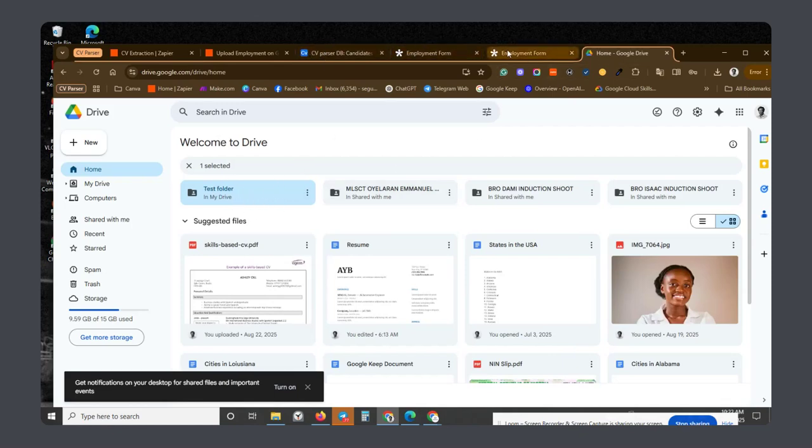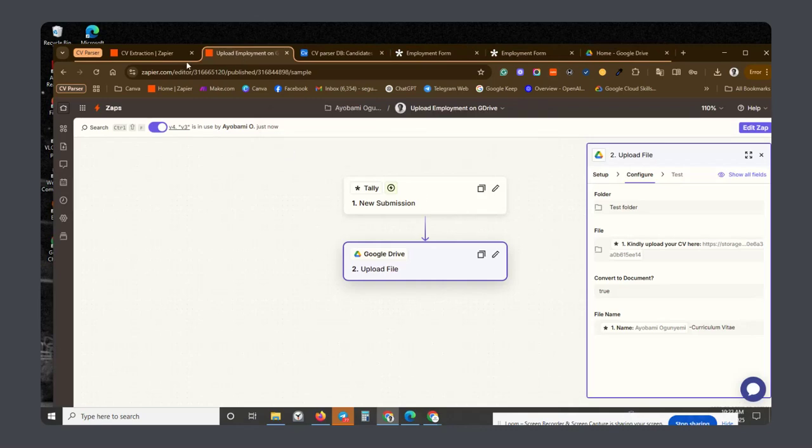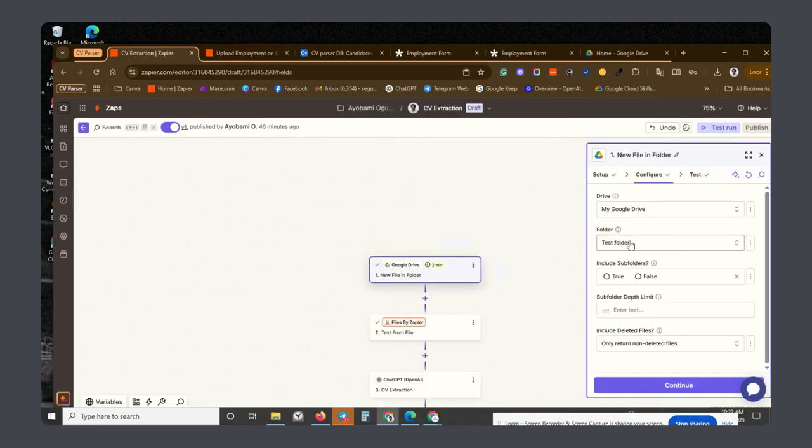And if I go back to this, you see that I chose that test folder because that's the folder that I'm actually watching. That's the folder I uploaded the file to. So that's the folder that Zapier is going to be watching. So I'm saying if you find a new file in this particular folder, just let me know, right? So after that, the next thing is that we're going to use